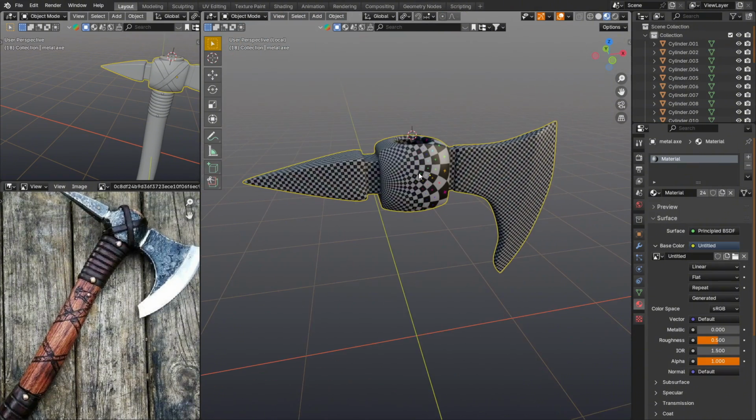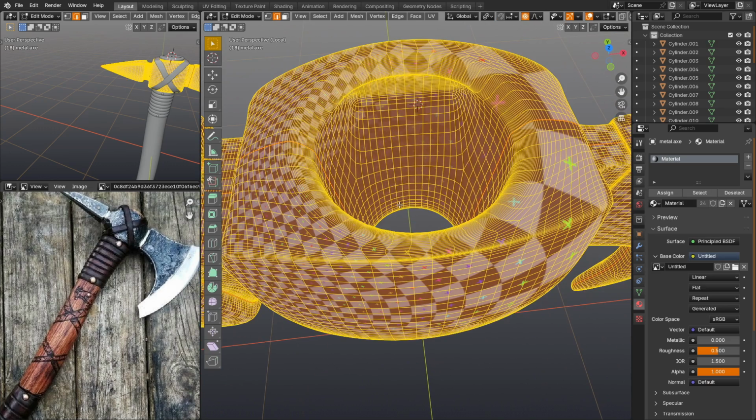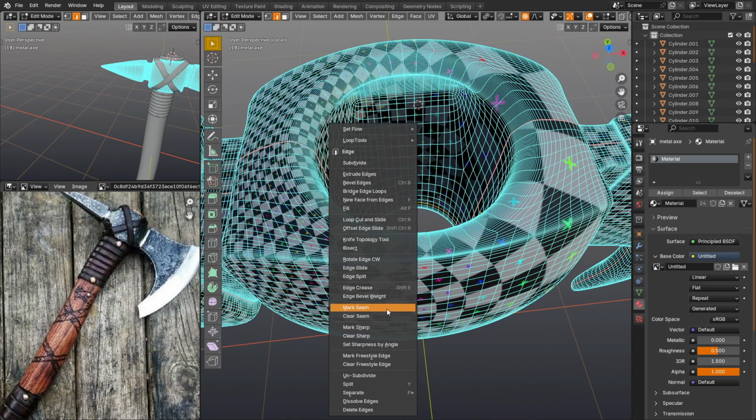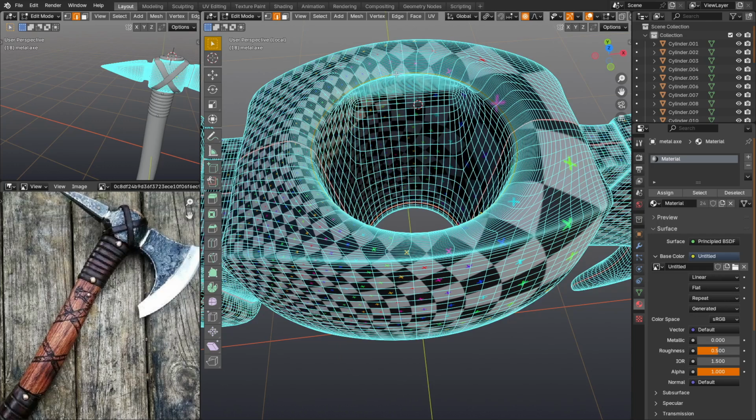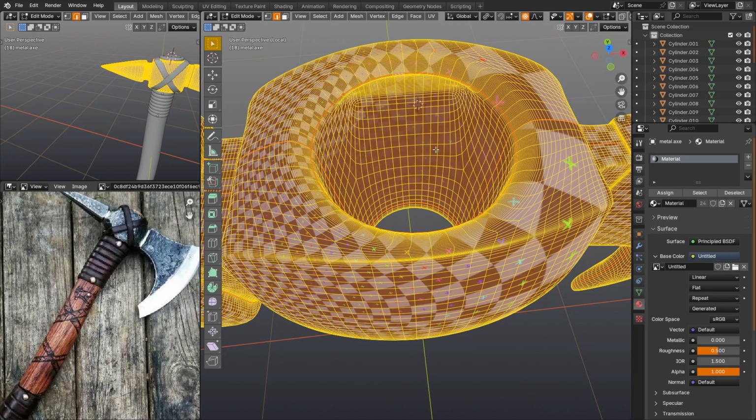So, as I said, I screwed up at the beginning, accidentally rushed. Let's go back and fix it. It's easy, we need to add 2 round seams in the hole for the axe handle. And do the unwrap again.